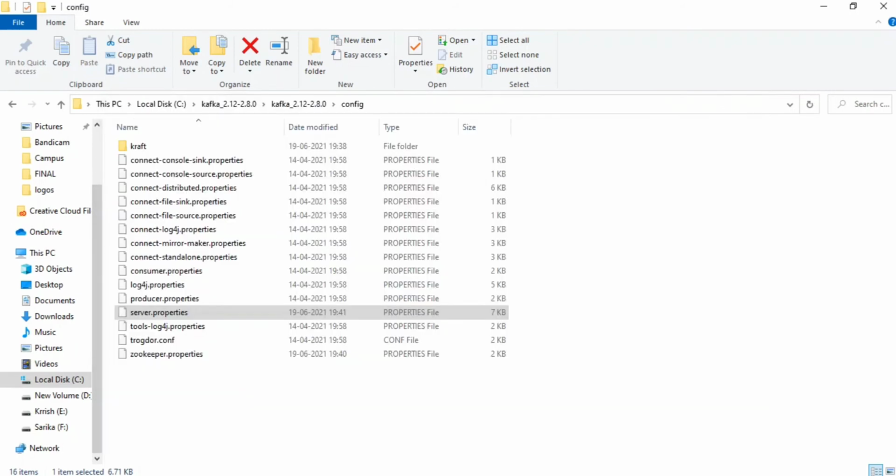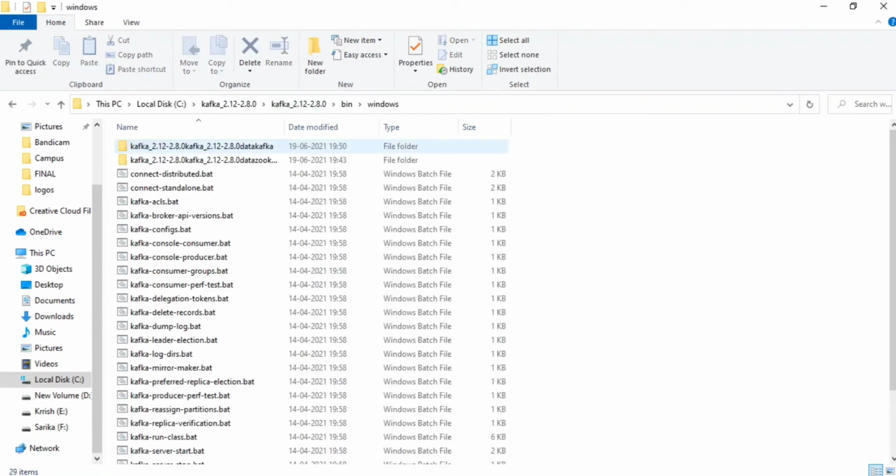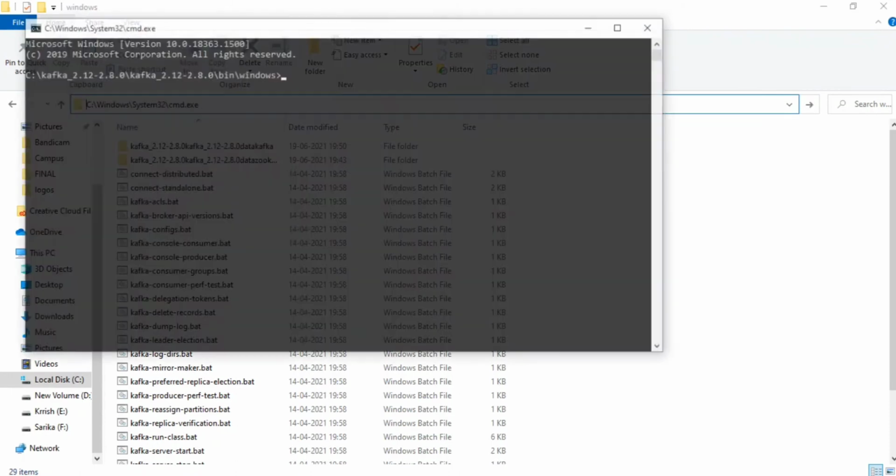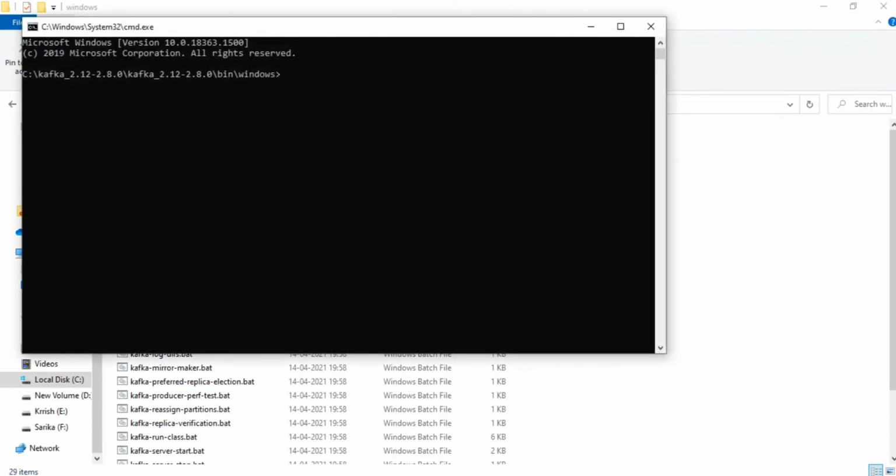Now again, I will open a new window for the consumer. So now we will start the Kafka console consumer. If you are a producer, you will provide a broker list, because the producer should know the brokers, because producers are producing some messages and giving them to brokers. So they should know the address of the brokers, like where exactly I need to find the broker list.